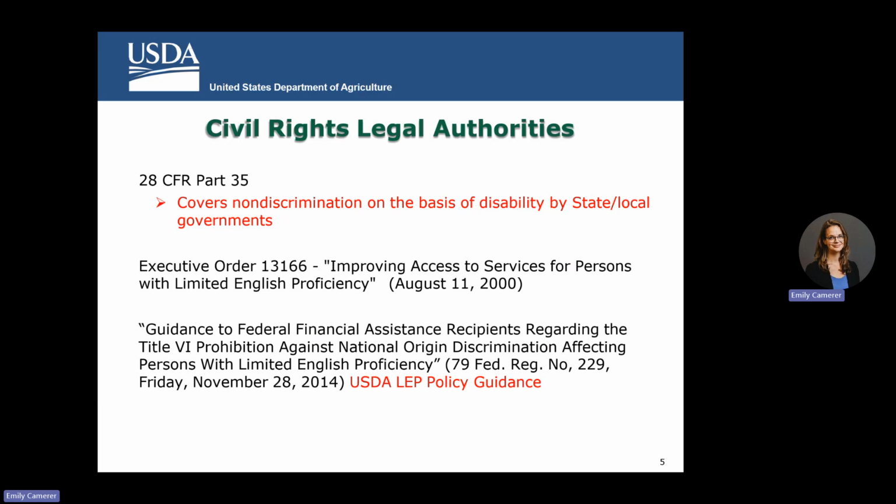28 CFR 35 covers the non-discrimination on the basis of disability in state and local government services, ensuring that public entities are accessible to all individuals. The Executive Order 13166 emphasizes the importance of ensuring that individuals with limited English proficiency, which I will refer to as LEP, have meaningful